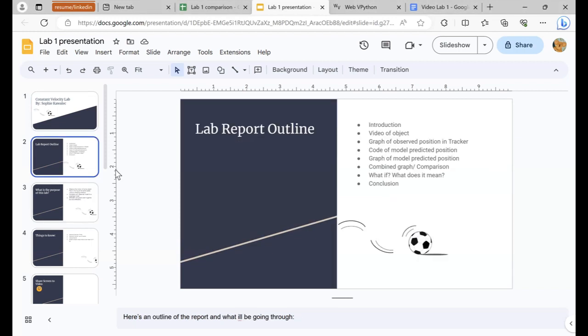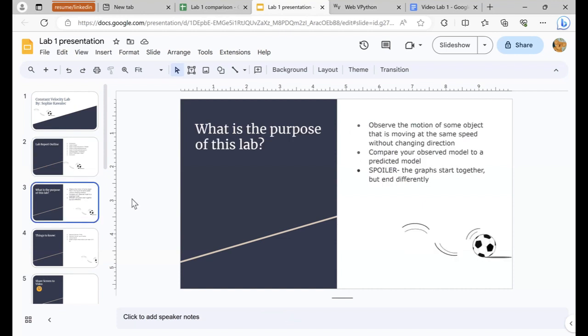So just to outline what I'll go over, I'll introduce my system and the purpose of the lab, the video of my object, the graph and tracker, and then when I coded the model and how that affected that graph. And then I'll show the spreadsheet of how I created the graph and compared them together, answer the questions, and then conclude that. So the purpose of this lab is to observe the motion of some object with constant speed